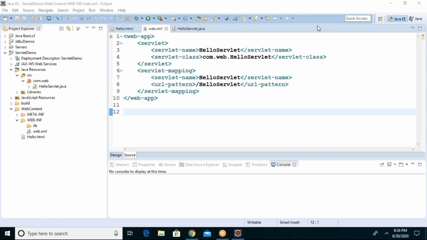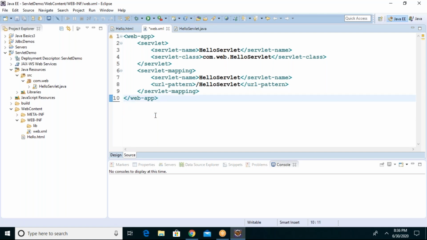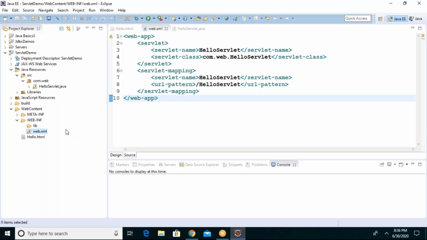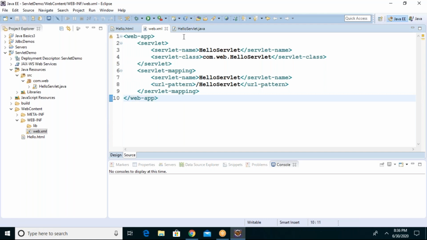Guys, if you have any questions, you can raise the questions. Otherwise, I'll continue. What we learned in the last session is how to create a servlet and the background of creating a servlet. I showed you by creating a simple servlet with all required resources. We manually typed everything because it was the 2.5 version, which is supported by the web.xml concept for mapping our servlet with the URL pattern.